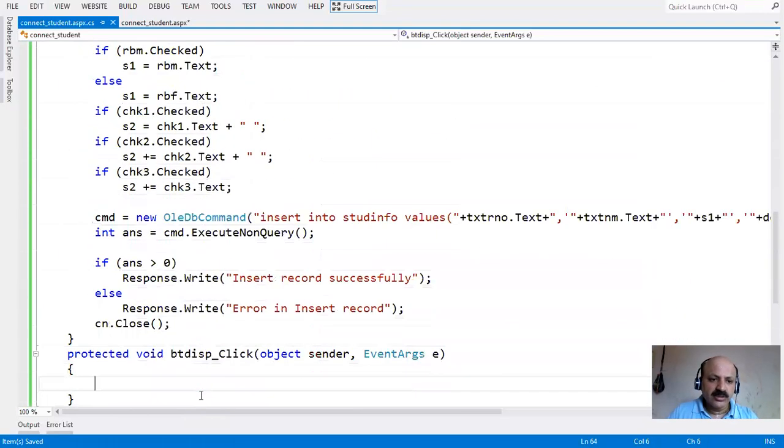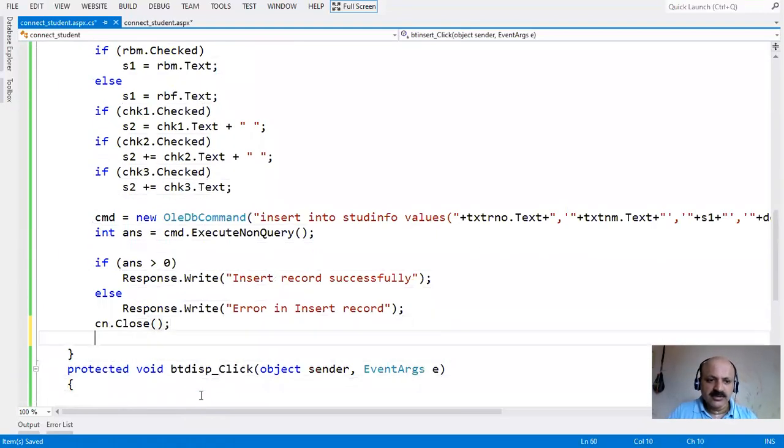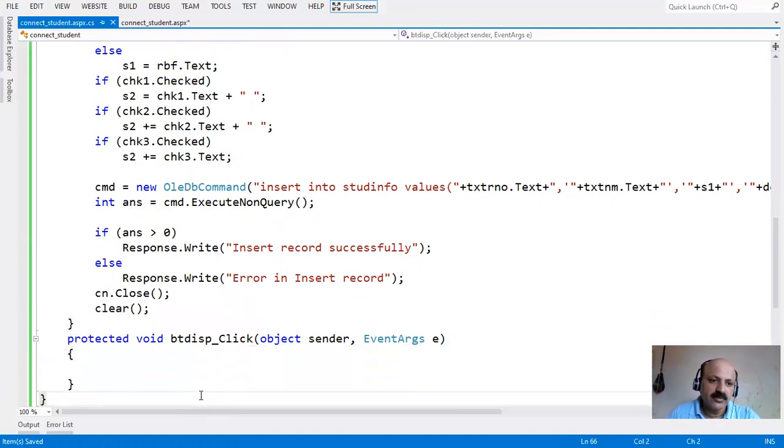I just call this method after the insert. Now it appears in the library, yes, clear is there, so I just close. Okay, and the clear method is called after closing the connection. Okay, now our